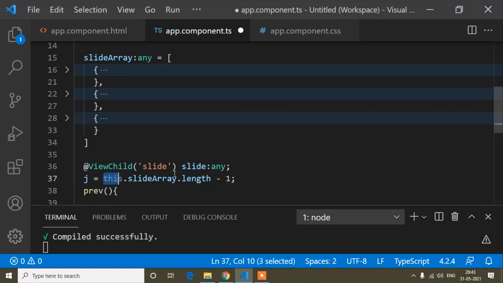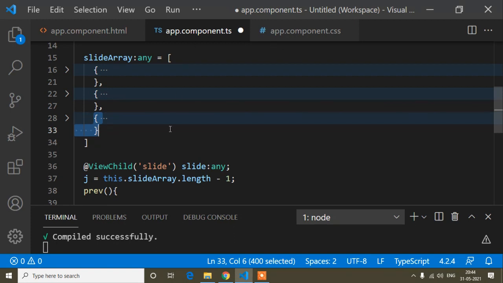If I wrote this.slideArray.length without the minus 1, then when the last array object comes and I click the previous or next button, it will slide and show blank, because after the length there is no object. Okay, I hope you have understood what I'm trying to explain.